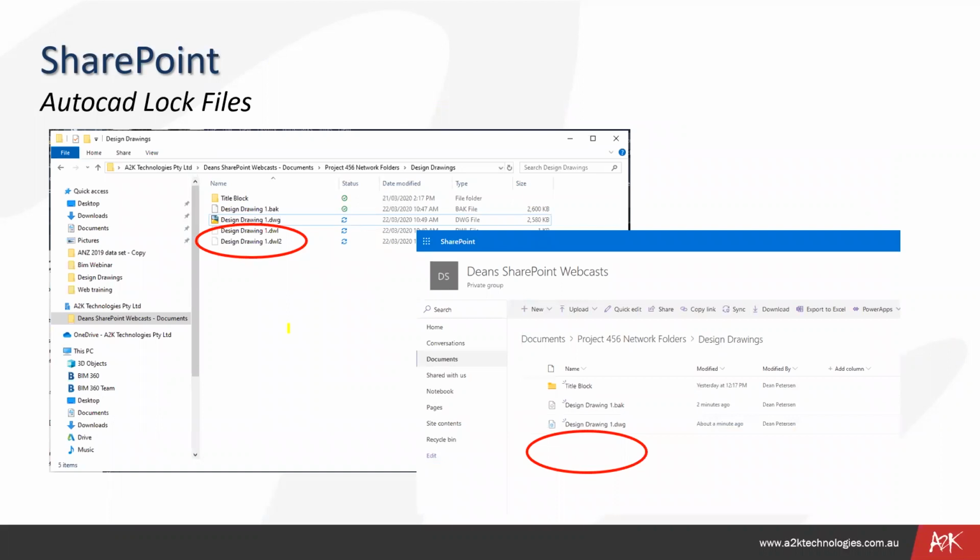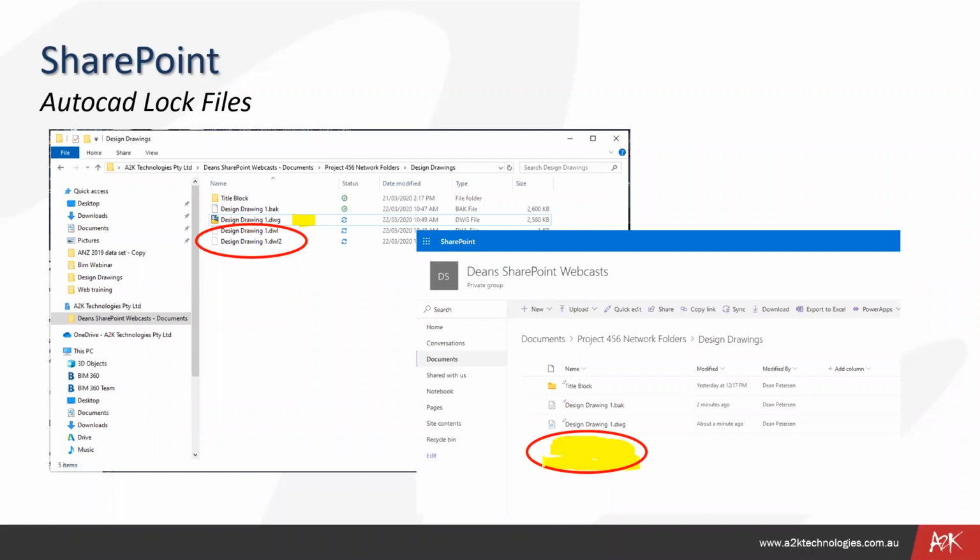So, when using AutoCAD or Civil 3D, when you open a drawing, this one here, it produces two more files which lock that drawing from anybody else opening it. Well, they're not drawings, they're little files. One is an update file, and the other one is a lock file, DWL, drawing lock. I think that's what it means, a drawing lock file. These are not replicated